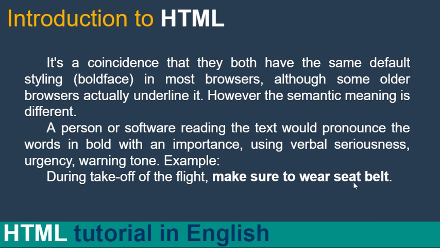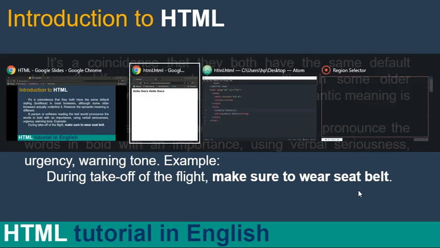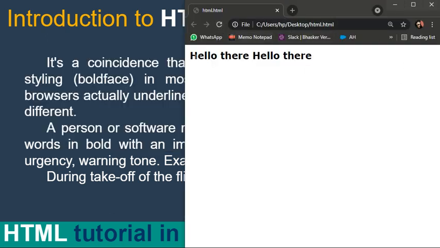So this element here has some importance in the whole sentence. Here you will use the strong tag instead of the bold tag, because someone is giving another person a warning or some kind of important information. So I guess now you understand the difference between the bold tag and the strong tag, even though they are both visible in the same way, with the same weight and the same size. Despite having the same weight and size, both have different semantic meanings.